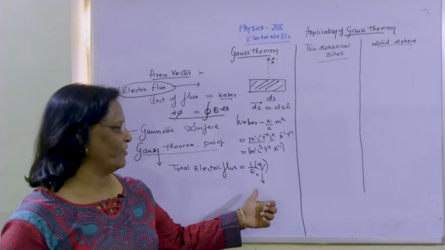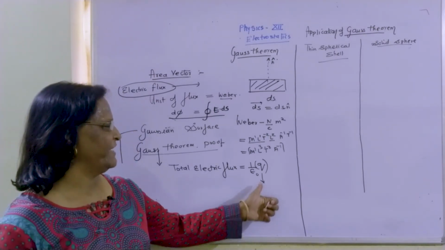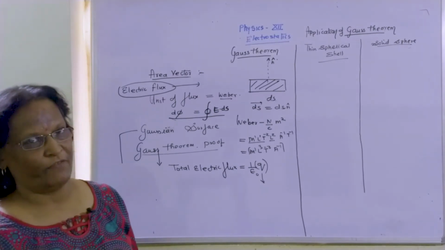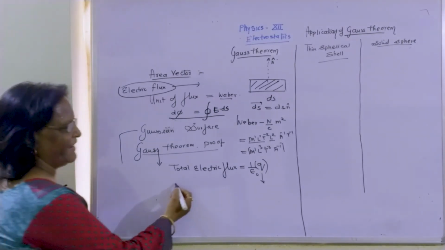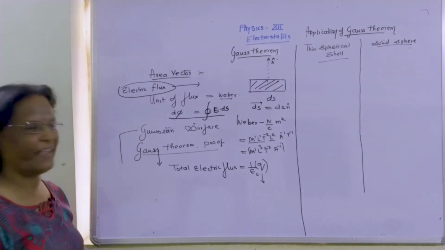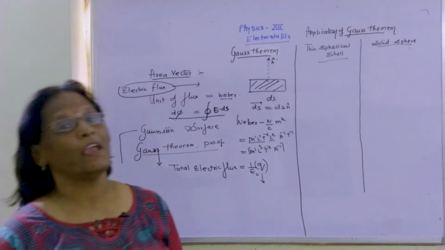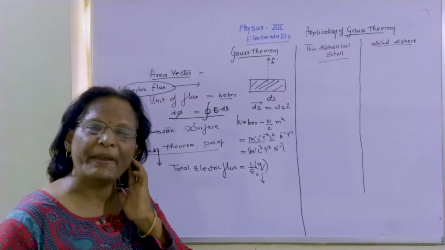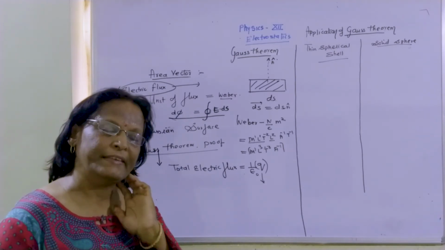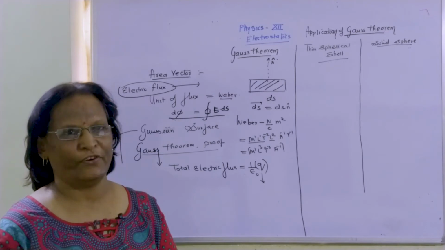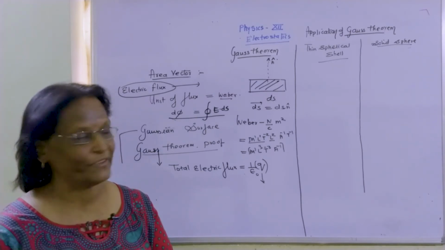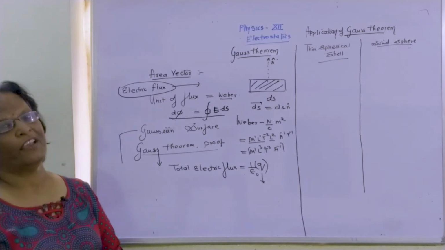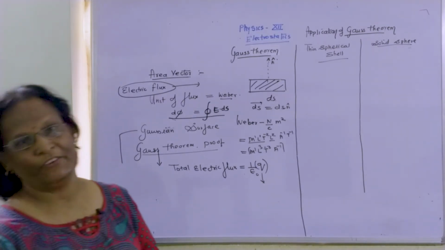So many conceptual and reasoning questions reveal with this concept. That's what I am saying, very important concept of electrostatics. So total electric flux is always 1 upon epsilon 0 times of total charge enclosed in the surface, then it is called our statement for Gauss theorem. This Gauss theorem, generally it is for symmetrical charge distributions and also Gaussian surface. I have already told you the uniformity should be maintained.